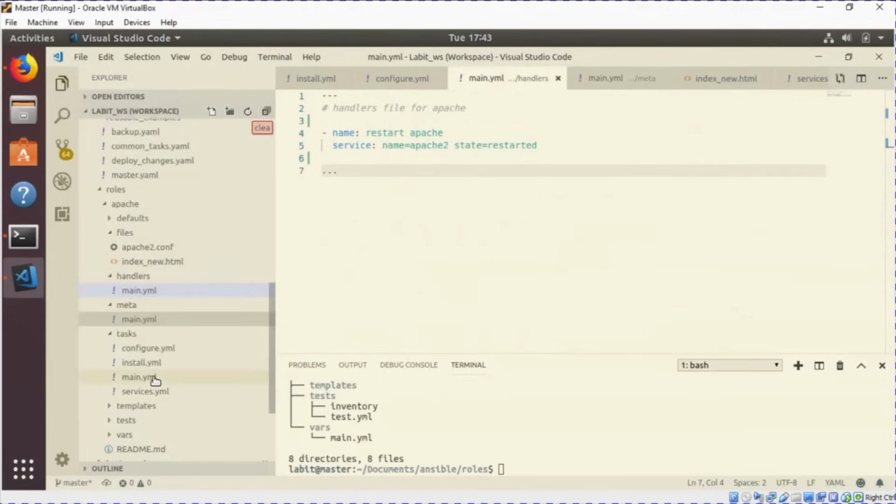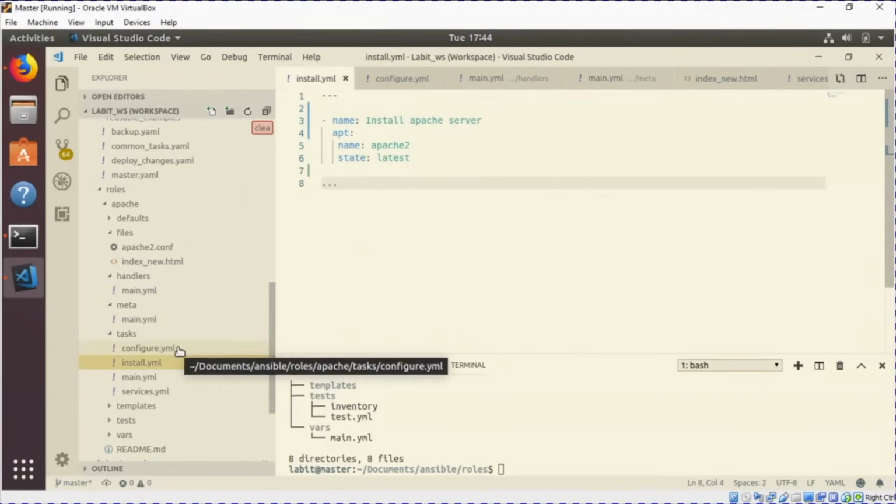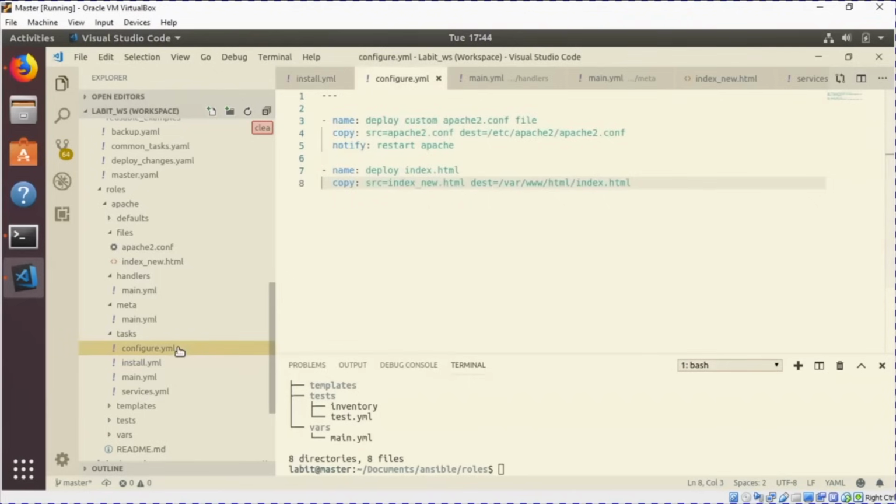So far we've configured a task to install Apache. We've set up a task to configure the new Apache server, and we've got 2 tasks in the configure.yaml file, one to deploy the custom apache2.conf file and the other to deploy the index.html file. Both these files are present inside the files subdirectory. Then we have a task to start the Apache services